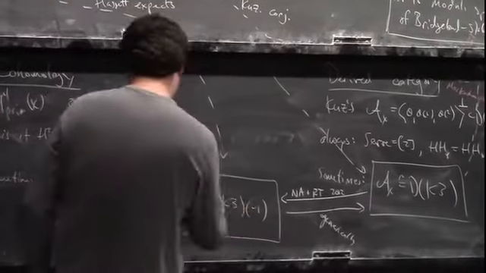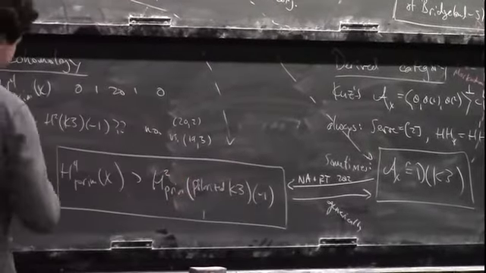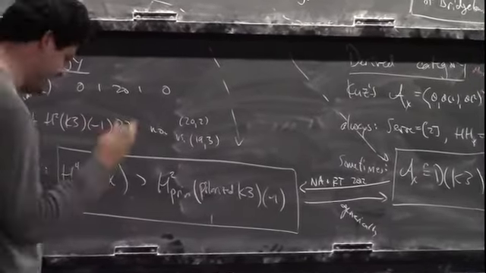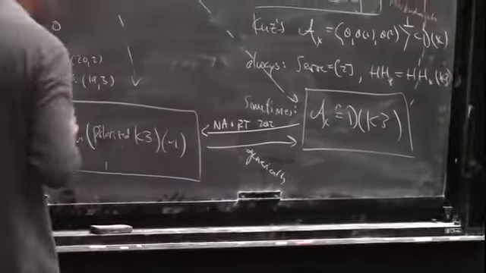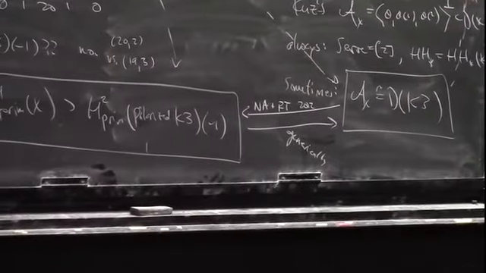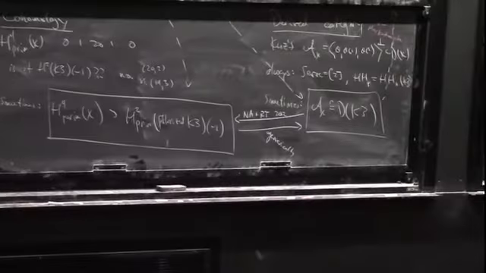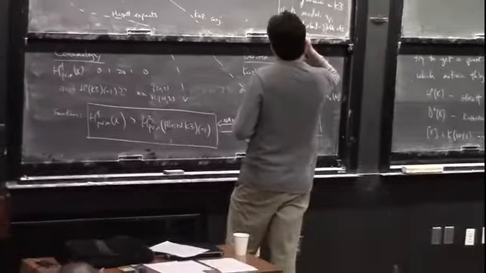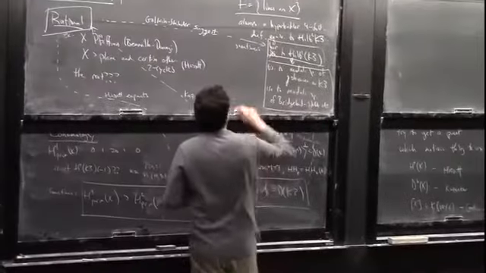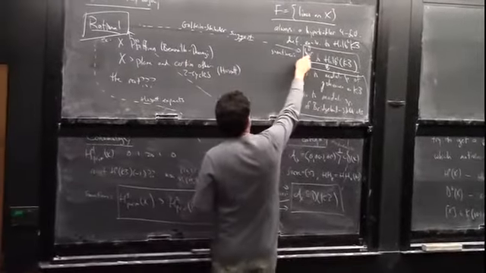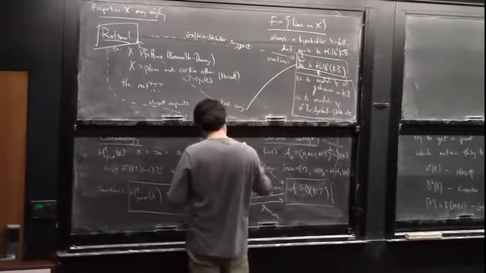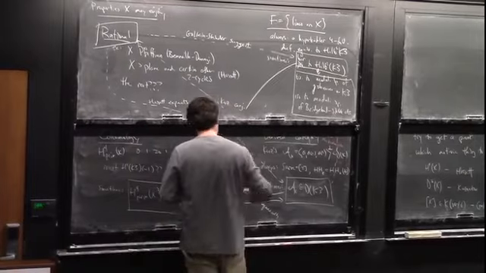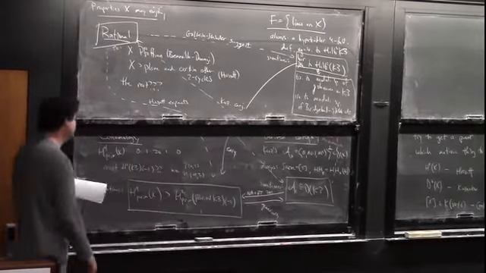By which I mean this, I'll tell you in a second. This happens on a countable union of divisors in the moduli space, and in each one, this happens on a dense open subset. And then, so maybe I'll tell you about that now, and then in a minute I will tell you that if the variety of lines is birational to a Hilbert scheme, then it's easy to show that this happens